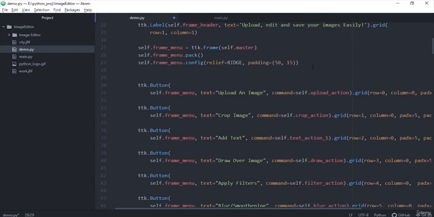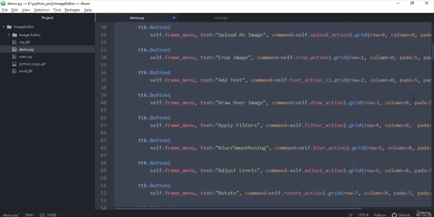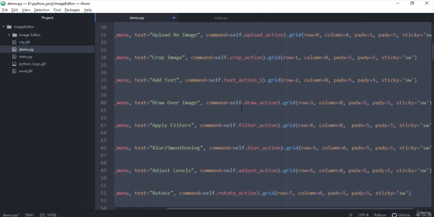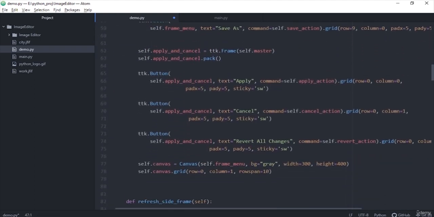And yes, so I do have a configuration here in order to make it look beautiful, and inside this frame menu I have 10 buttons, and these 10 buttons I have a callback function, but they don't do anything much for now. And then we have an apply and cancel